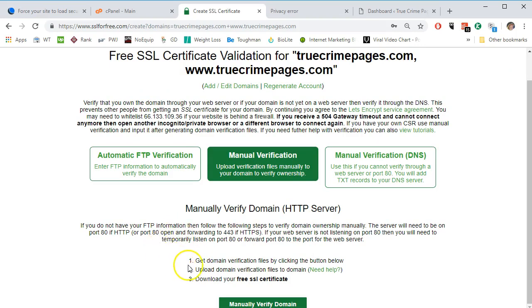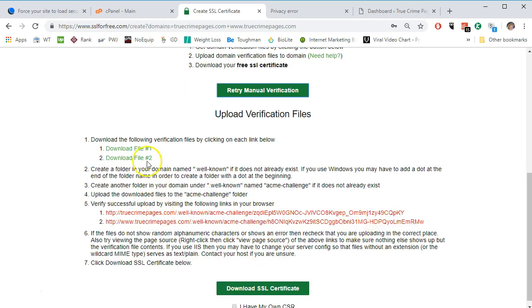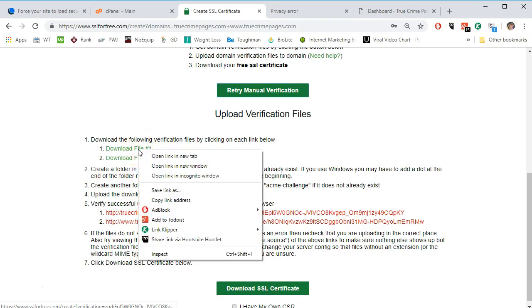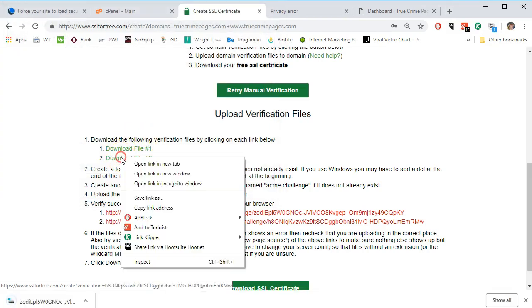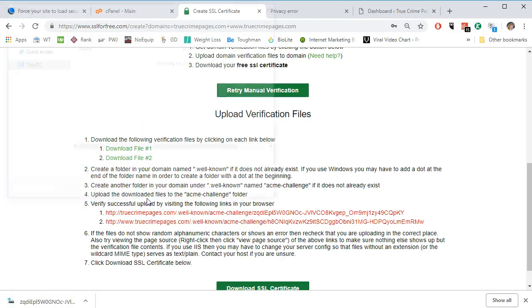Okay, so as it tells us, it's going to get domain verification files by clicking the button below, manually verifying the domain. We can upload those 2 files, and then it will generate the SSL certificate. So we have clicked the button, and what it's going to ask us to do is download these 2 files. We'll download those, and we're just going to save as. Okay. Now it's asking us to create 2 folders, the well-known and acme-challenge, so we can verify the files